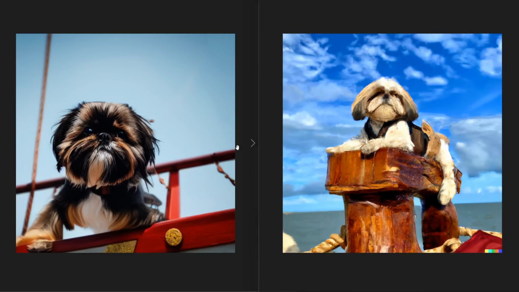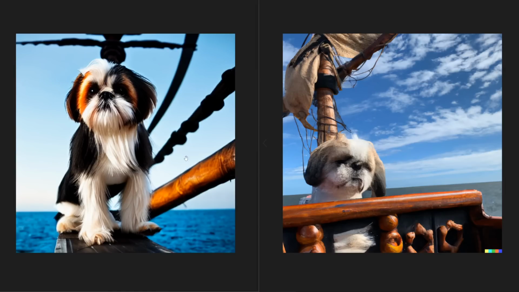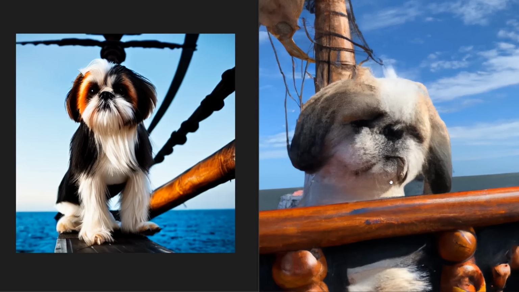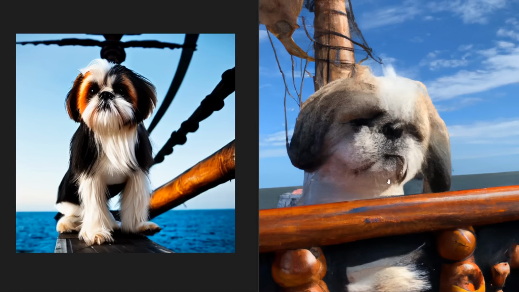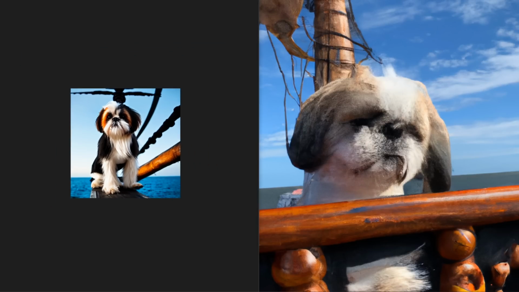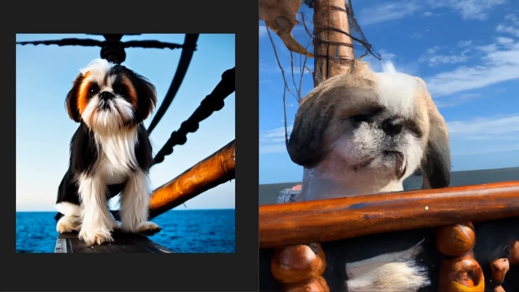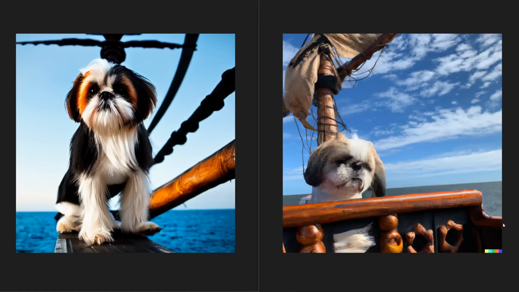and kind of mush-mashy. And here with our final Stable Diffusion image, again, it's a nice clear image of a rather precarious Shih Tzu on a pirate ship in the middle of the ocean. And this one, again, you could almost fool me that this was a real image. And this is probably actually somehow the worst image out of all of these from Dall-E 2. This face of the Shih Tzu is very mush-mashed and weird looking. I just don't understand what exactly went wrong here with Dall-E 2. Again, everything looks like it's made out of clay or being painted. The quality just isn't here in comparison to Stable Diffusion.